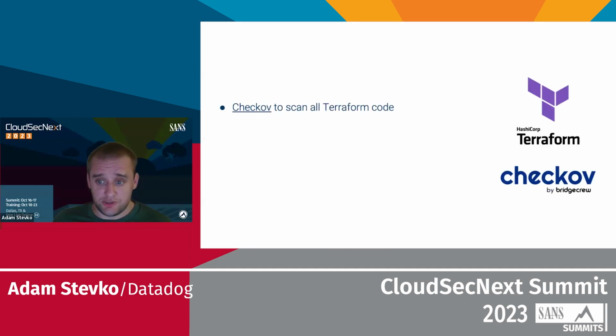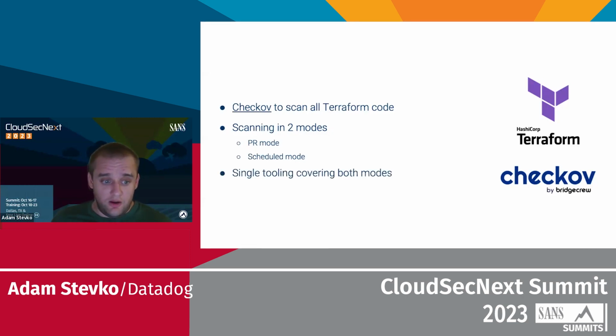So let's talk a bit about infrastructure as code detections. As mentioned, in Datadog, we use Terraform. We reviewed a lot of tools, but we agreed and aligned on Checkov. The reason we chose the tool was because it was easily extendable. It supported everything we needed and had a lot of policies, or checks, from the beginning. The way we deployed the tool was in two modes, so-called pull request mode and schedule mode, which I will cover briefly. This tool, Checkov, is running in CI/CD pipelines, but we also have written some internal